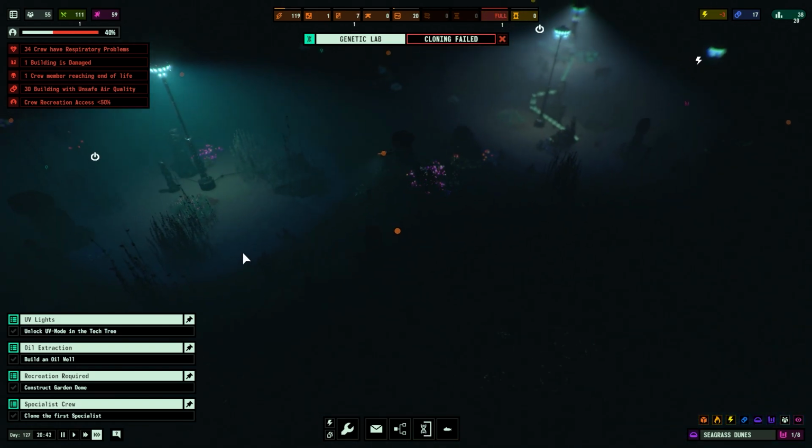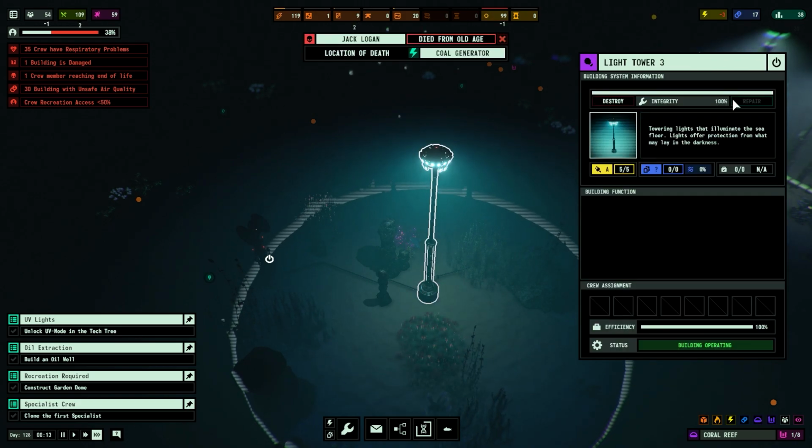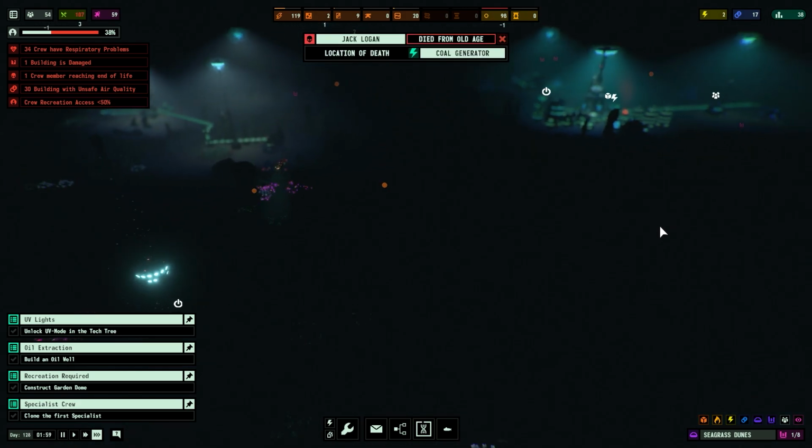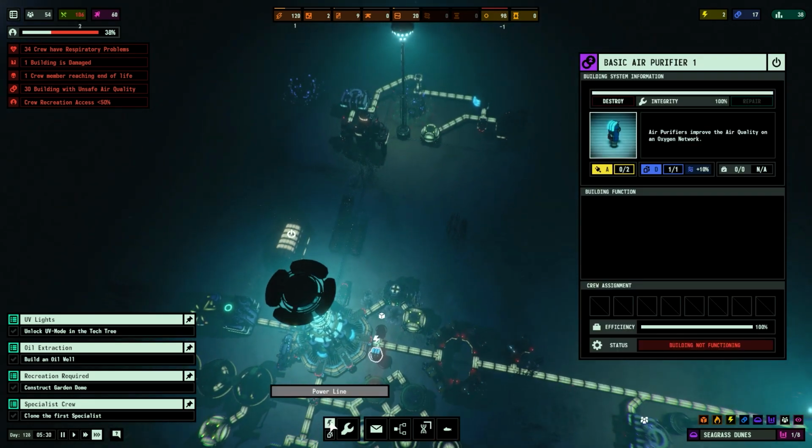Do we actually have anything over here? I don't think so. Here's what we're going to do. We're going to turn this off for now. That's going to get us our power back. That's what we need. That's going to...